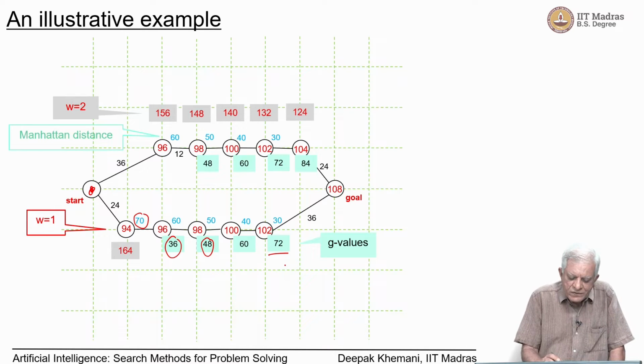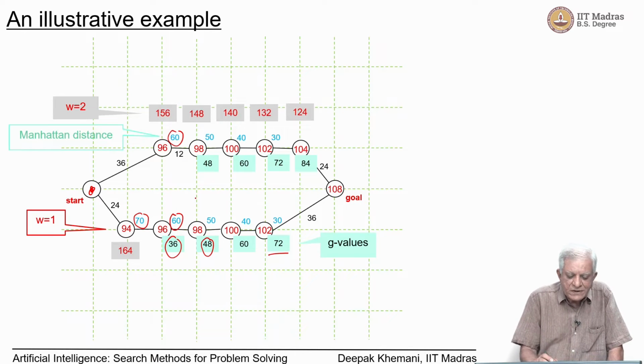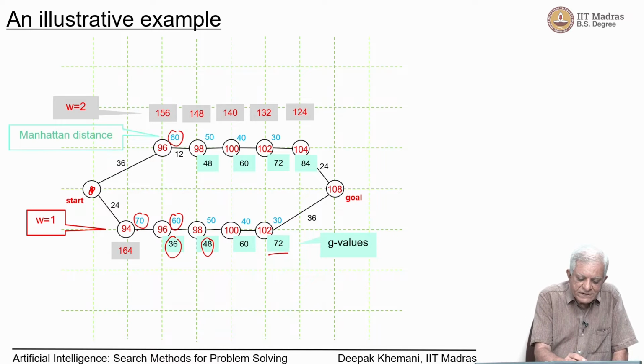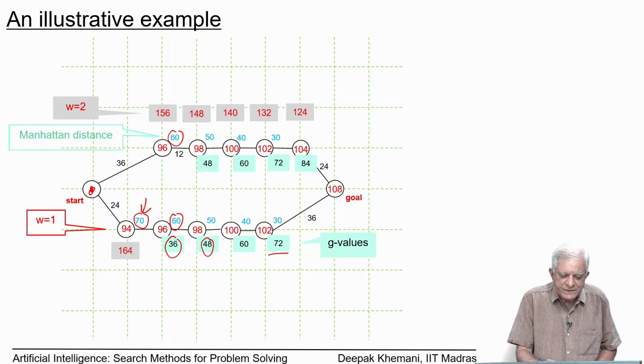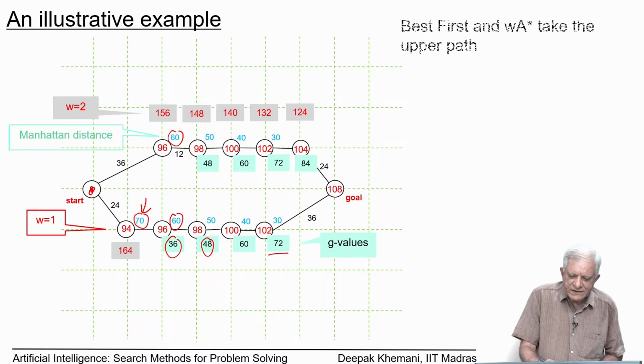In blue, next to each node we have written the Manhattan distance, and there you can see that many of the nodes have the same Manhattan distance. So, that is 60 and 60 and so on, except that there is a node which appears to be farther, with a value of 70, which is in the lower path. So, what happens with